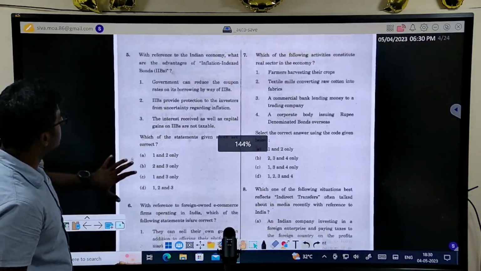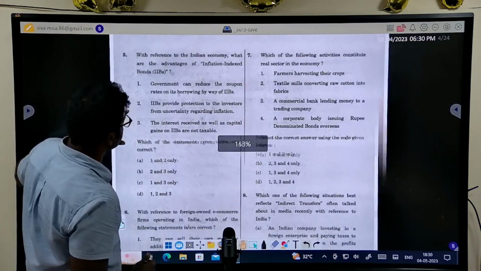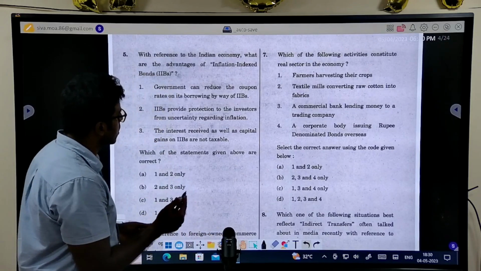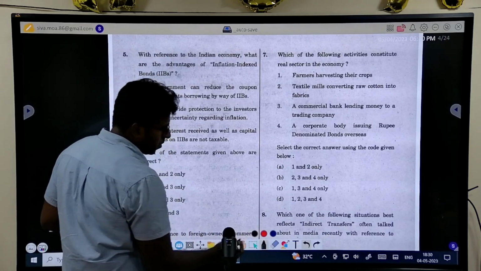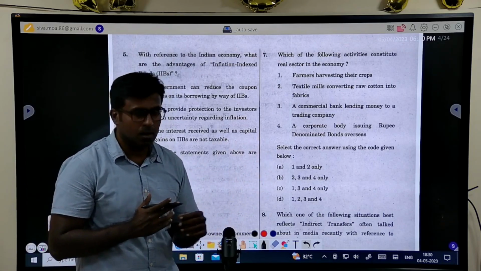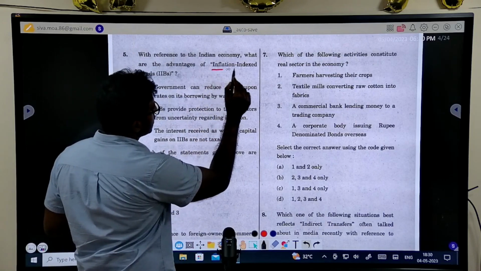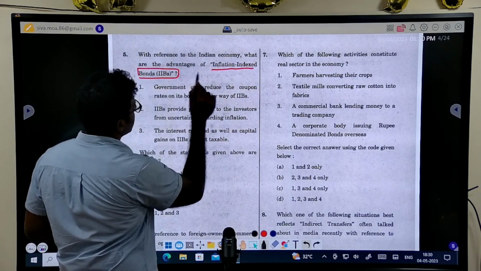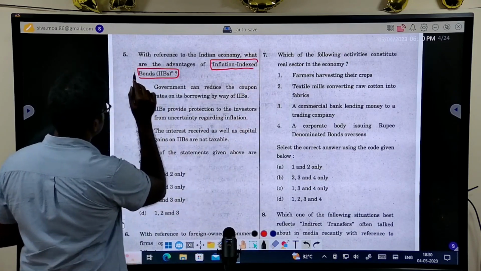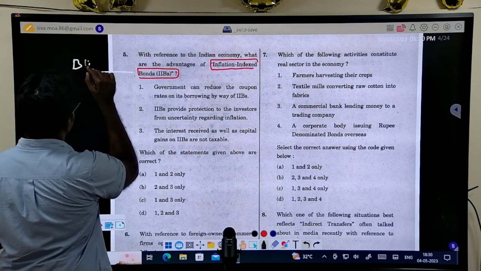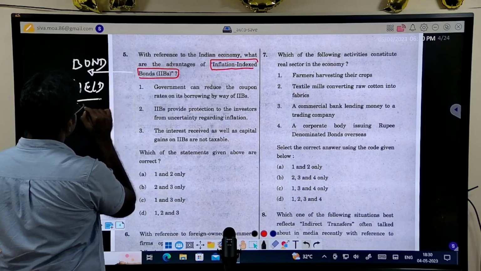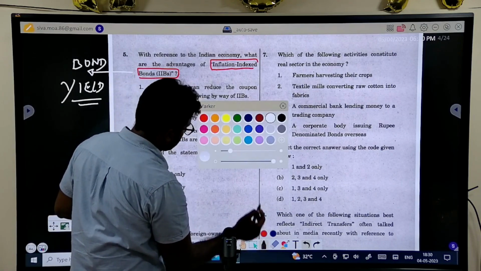So in this, it's again economics. If you had seen this 2022 question paper, each of the questions had a different level of difficulty. But the economics was something which you can solve. But now you see this inflation indexed bond. Okay, inflation this time also. Please look at what a bond is. Please look at bond yield. This time's prelims question, please check that. What is the bond yield?